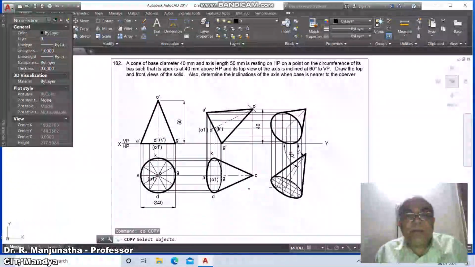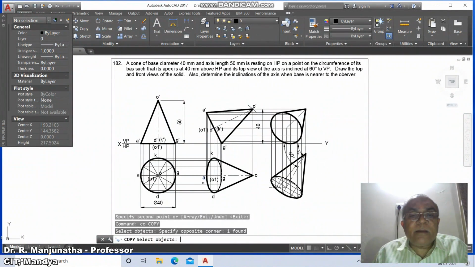Then go to copy, select A here, then select D here.